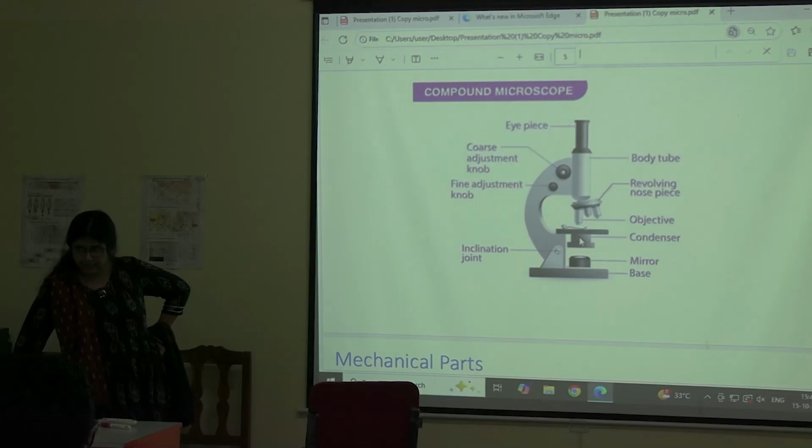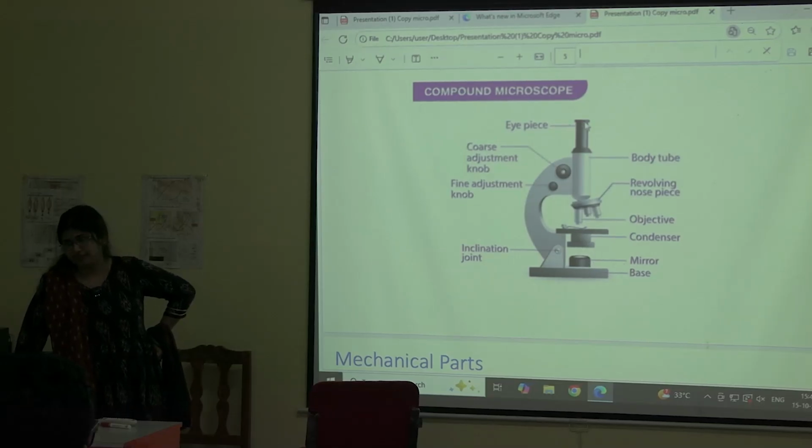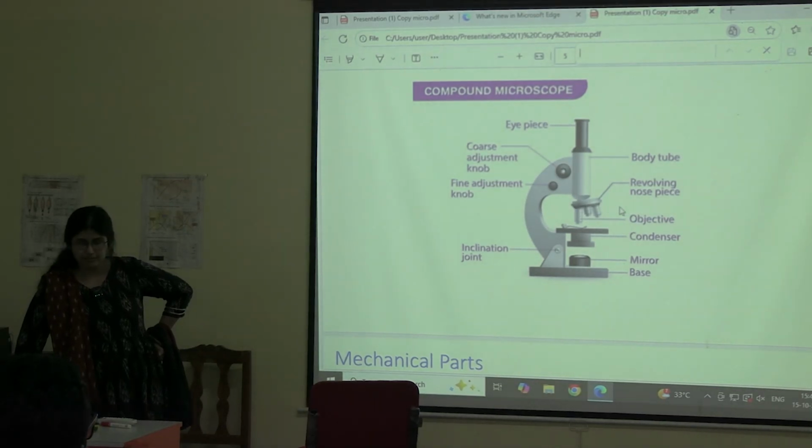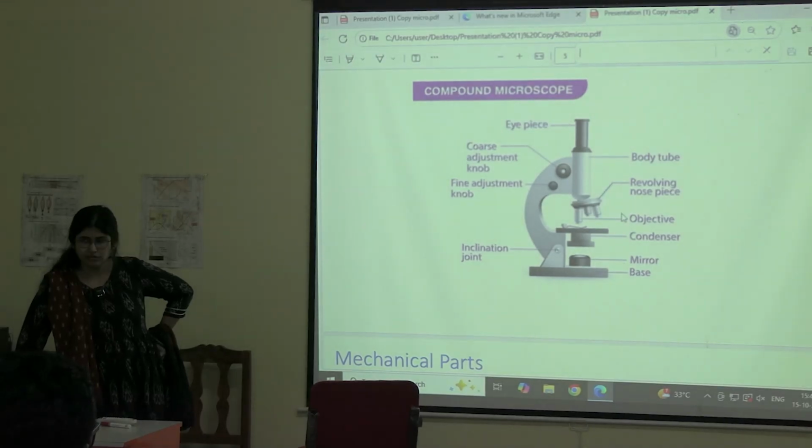Then we have a condenser with iris diaphragm, and then we have a light source. Now repeat after me: eyepiece, body tube, fine adjustment, coarse adjustment, revolving nose piece, objective lenses, stage, condenser, iris diaphragm, light source, and base.